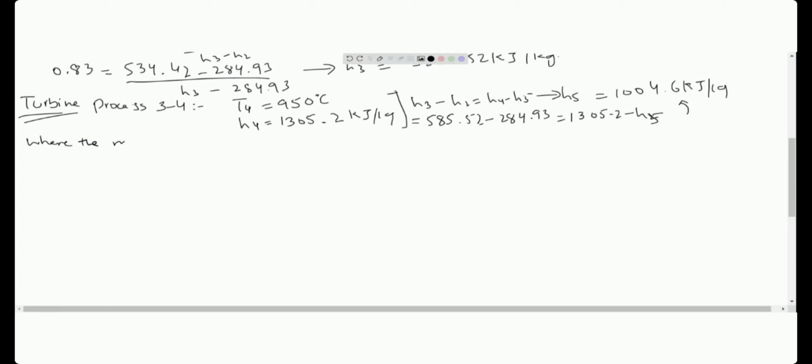Where the mass flow rate for a turbine through compressor and turbines